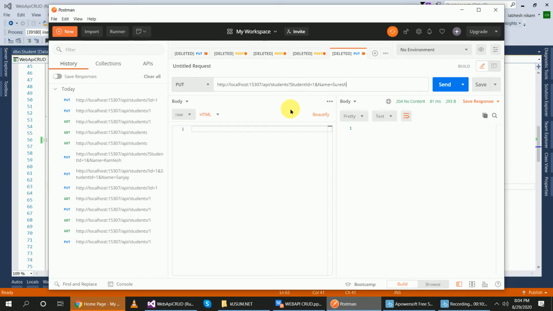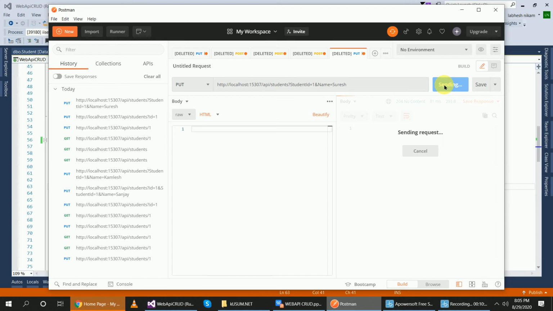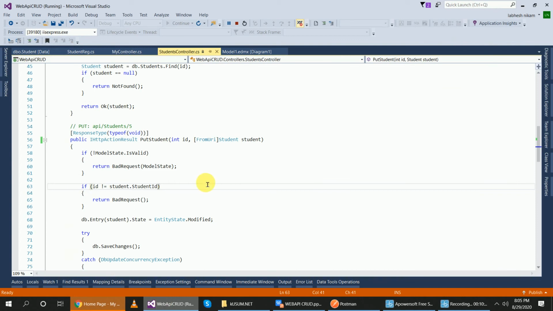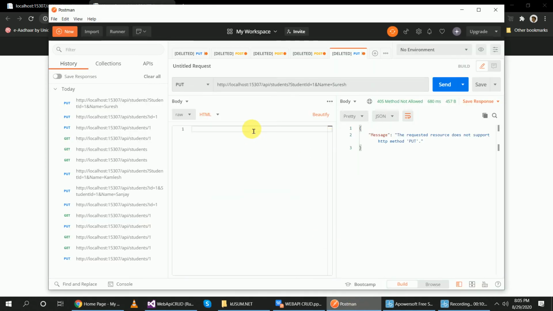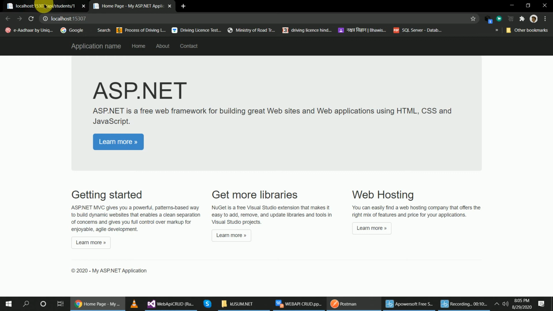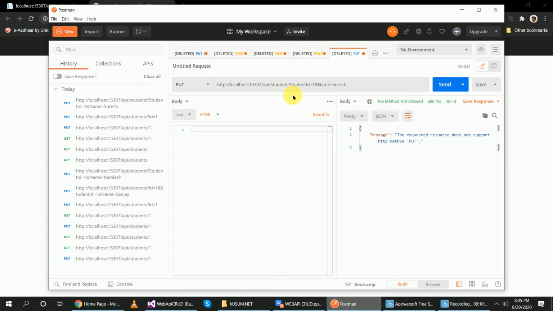Let's check now whether I can update my data or not. In the first row it says Suresh. The message says the requested resource does not support this, because I have changed the URL and my page is working here. API students, student ID equal to 1.